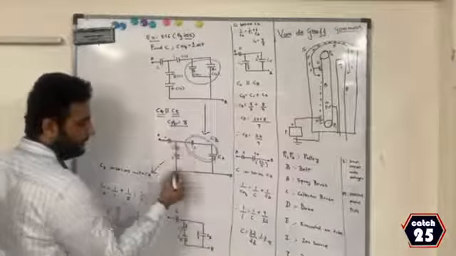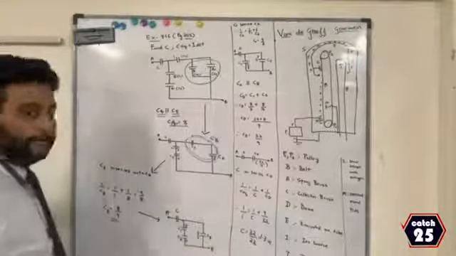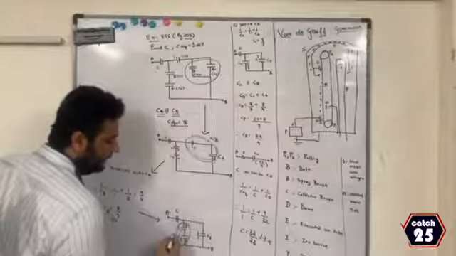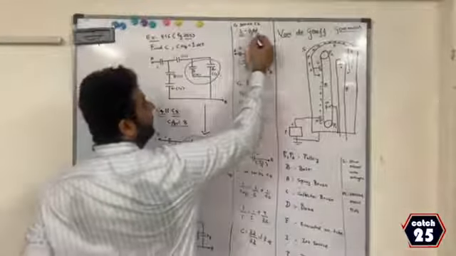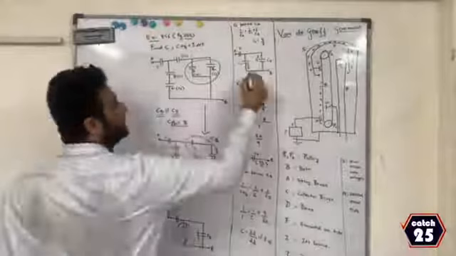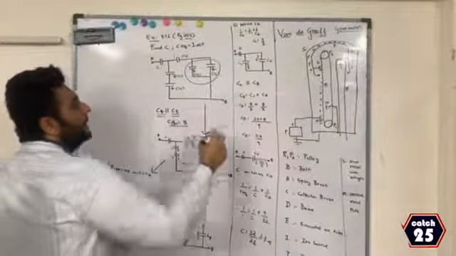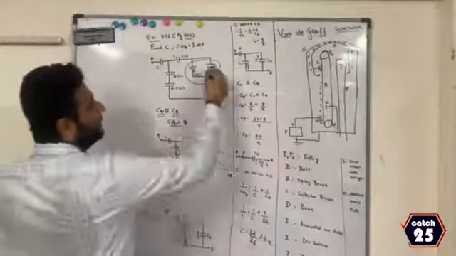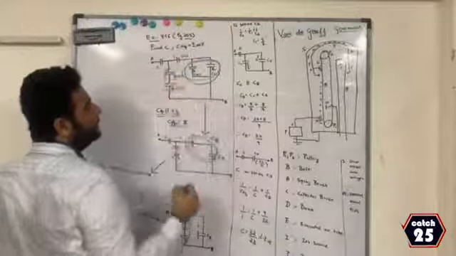Now, if you see this as it is, these two as they are, this equivalent capacitance is 8 by 9. Now if you notice, C1 and C2 are in series. Let me name their equivalent capacitance as CC. Now 8 and 4 are in series. If I do 1 by 8 plus 1 by 4 and take the reciprocal, I will get their equivalent series capacitance as 8 by 3. Therefore, instead of writing these two, I will just write 8 by 3. Look at this: these two were in parallel, this and this were in series, and these two were in series.